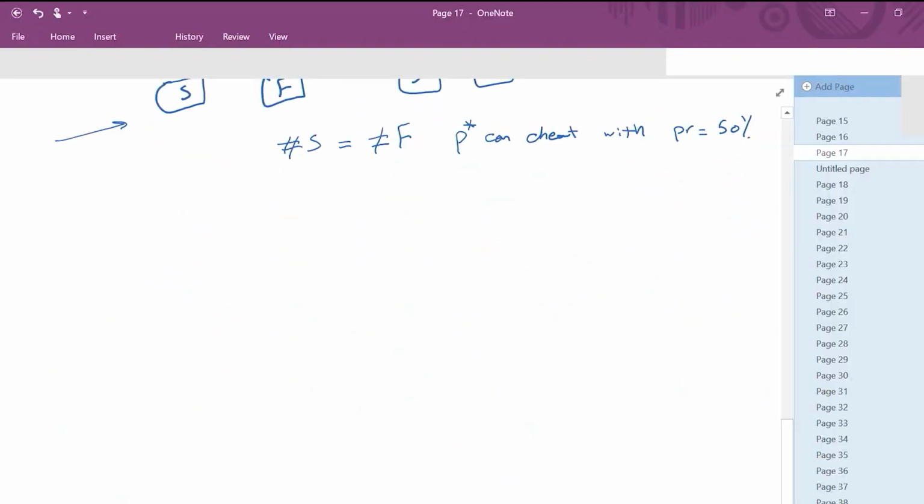However, let me go to the next page. However, what happens if somebody claims that they can cheat with probability more than 50%? So let me show you here. If the probability of P star to succeed is more than 50%, then that means that looking into the above computational tree, there exists a branch with